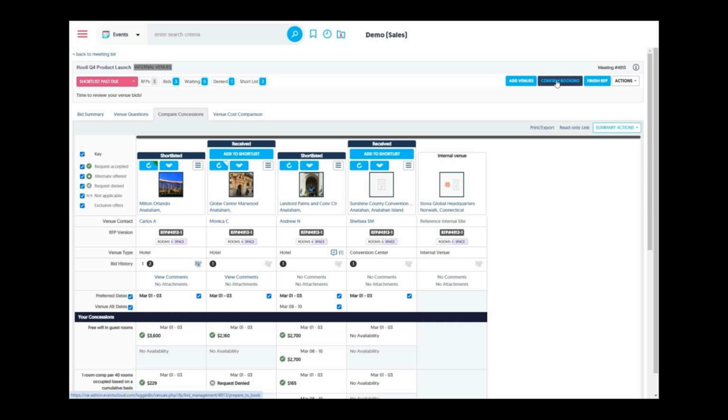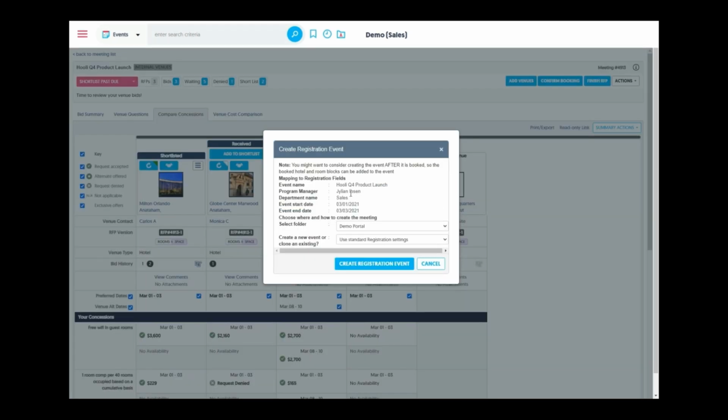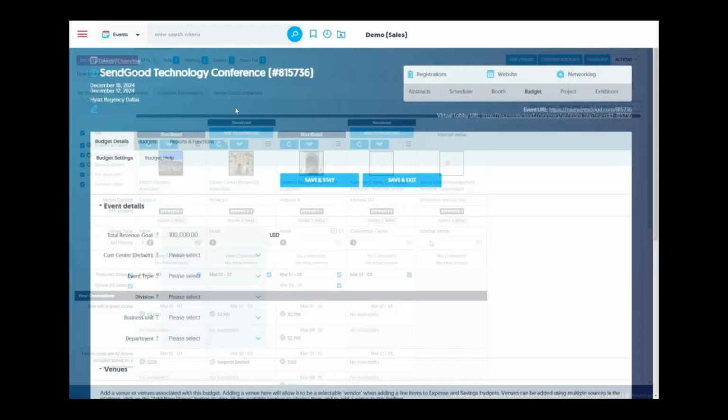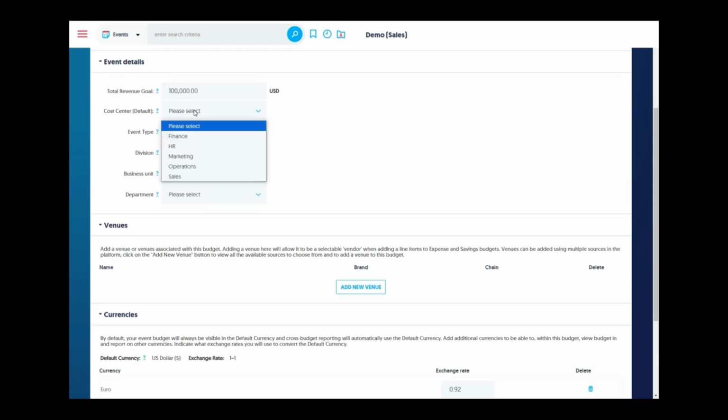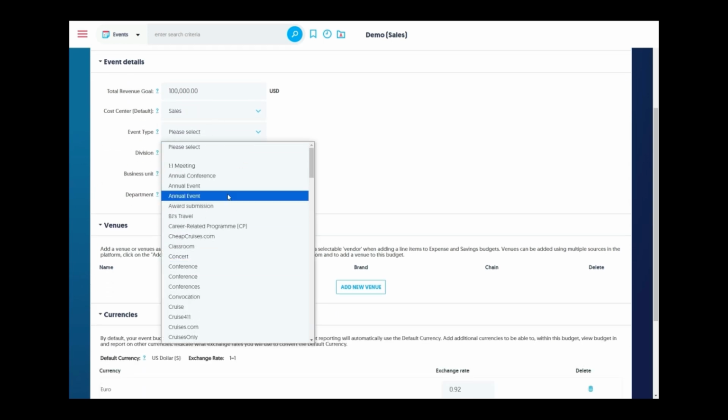I can easily do that. When I'm ready, I can confirm that booking and deal with all the contracting in the hotels, and that can be facilitated through the tool as well, so there's a copy in the platform. When I'm done, I can also create the event if I want, and what we're looking at right now is